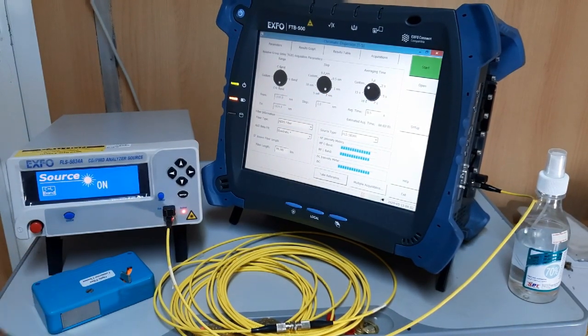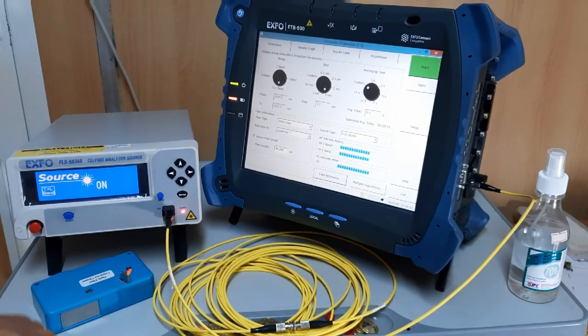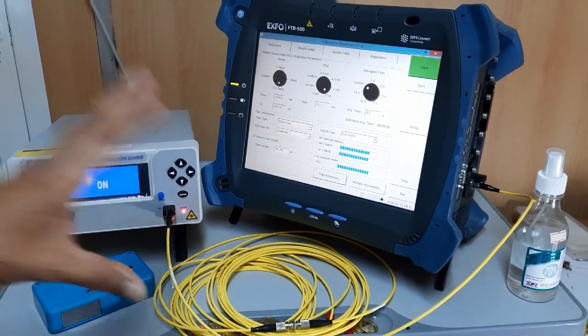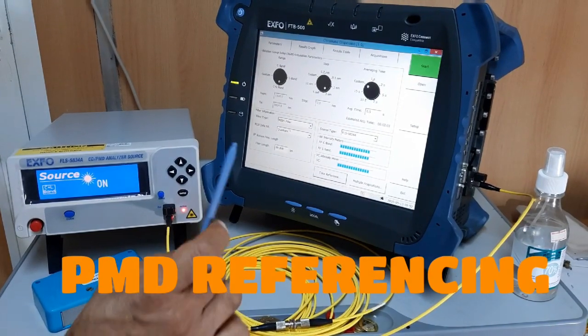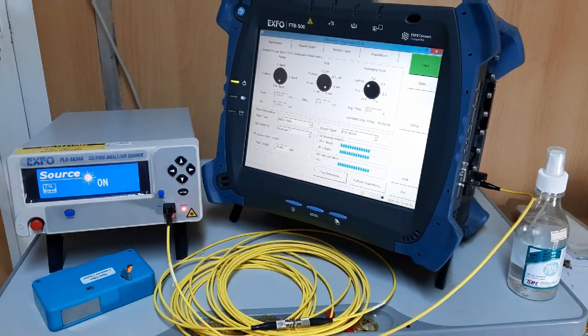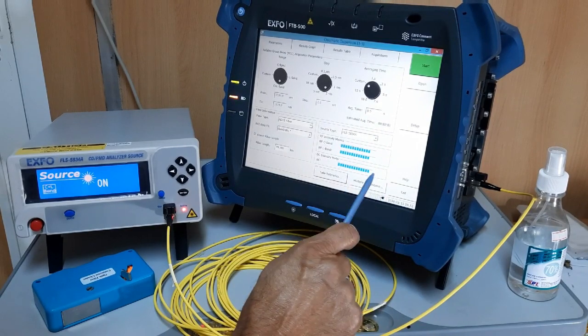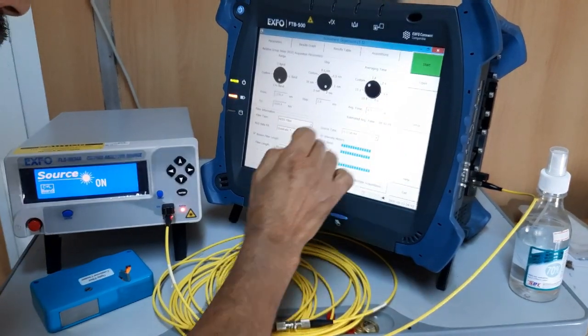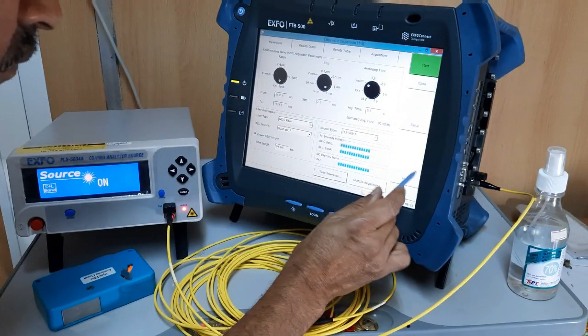Now again I will show you the referencing of PMD also. The CD referencing is over, so it will show here.